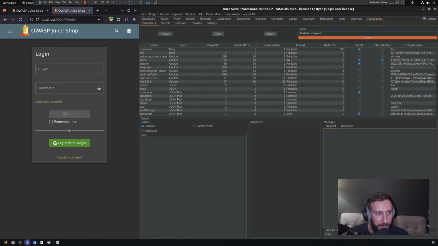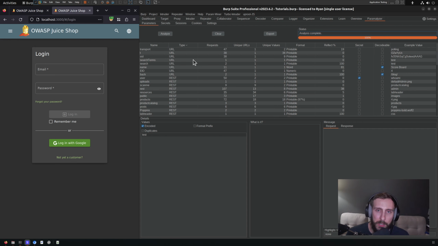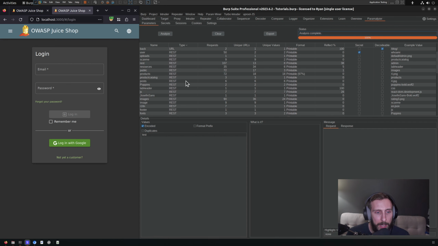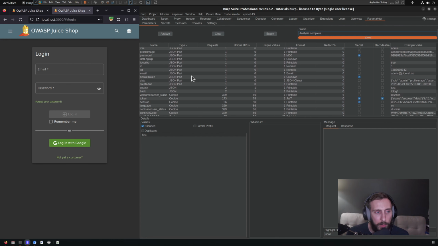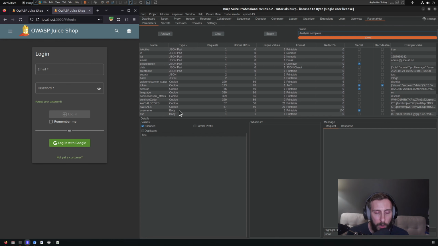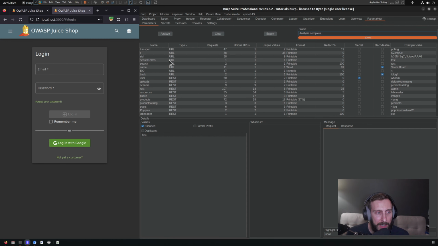So what's going on here? What it does is it analyzes all of the requests and responses and looks for what it thinks are parameters, whether they're from the query string, from a path segment within the URL that it identifies as a REST parameter, from JSON objects, from cookies, or body parameters. And it gives them all a name, and it tells us the number of unique requests they were associated with, how many unique values it identified,